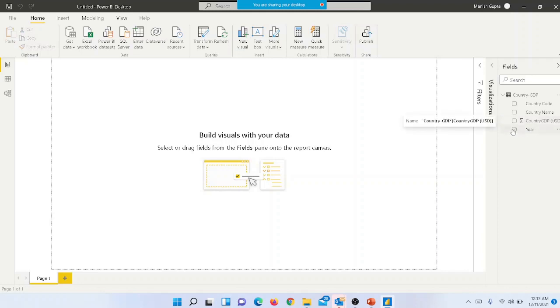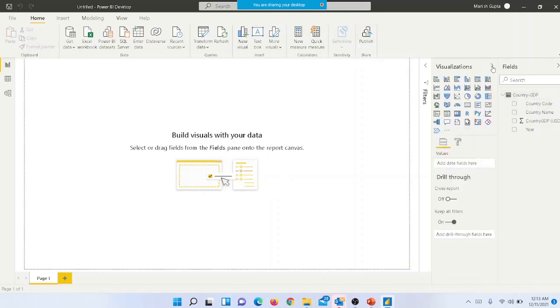We can, but especially when it's a number, we always work with something called a measure, that we will learn later. And then you have year, which we can also use for our analysis, right? Now you will see build visual with your data is already available, because we can just drag and drop. It's easy. So now let's say we want to do a very basic one, let's do a